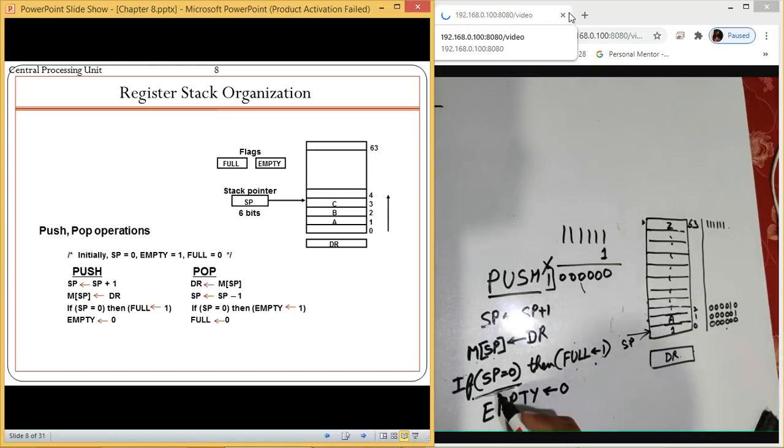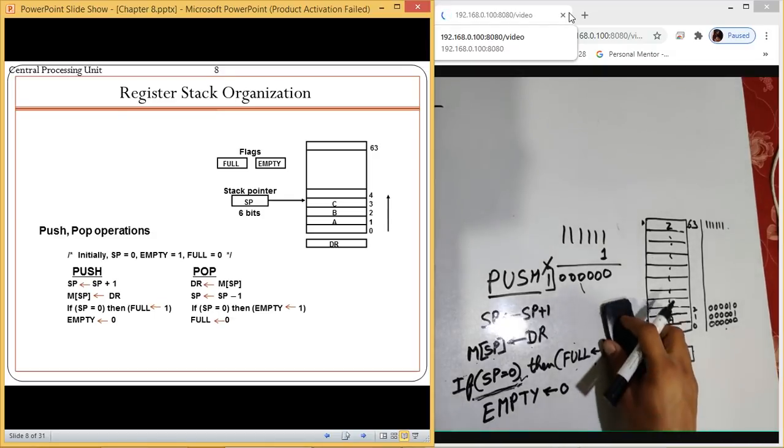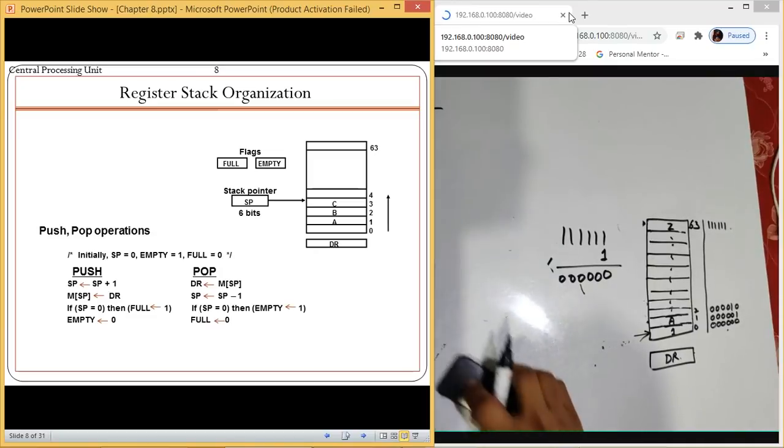In that case as well, we have stack pointer is equal to 0. Now what is the reason for that? Then we are making empty is equal to 1. So we will discuss that case as well. This was for the push operation, and you are aware what type of operation you are performing. So this was push. Let us talk about the pop operation.